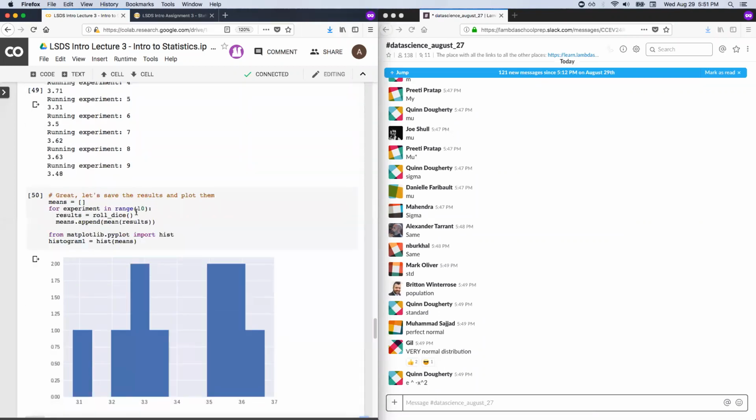We can run the experiments and save the results. So we'll make a list called means, and there's a question a lot like this in the assignment. It's a stretch goal actually, so pay special attention and refer back to this as you need to. We'll roll the dice, we'll calculate the mean of that particular experiment, and then we will append that into means. Append means place it at the end. So means starts out as an empty list, but one by one we're going to put new means in it.